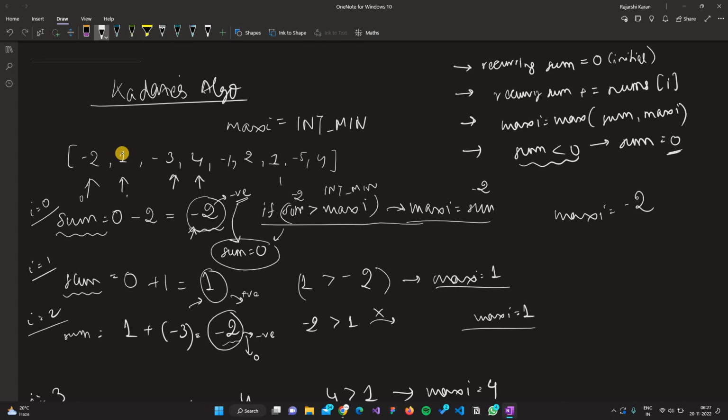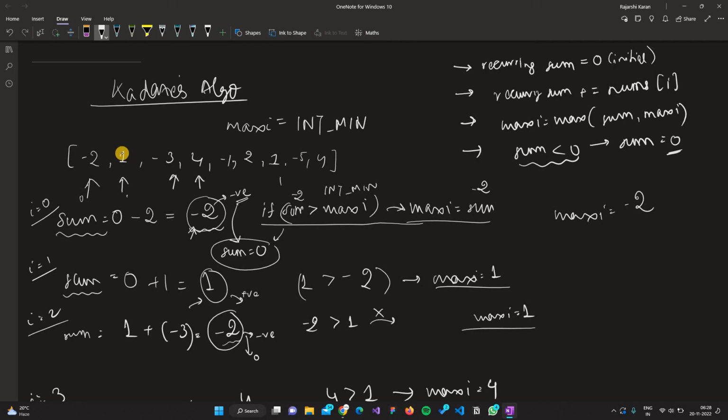As I explained to you, if our recurring sum is negative in value, in the future also, whatever positive or negative value is there, this negative recurring sum is always going to cause a negative effect on whichever element we are going to be adding in the future, because it is only going to degrade the value of whatever subarray we are going to be considering. So we simply want to avoid that, because we want to get the maximum sum of subarrays. So we want to reset the sum to 0 whenever a sum of less than 0